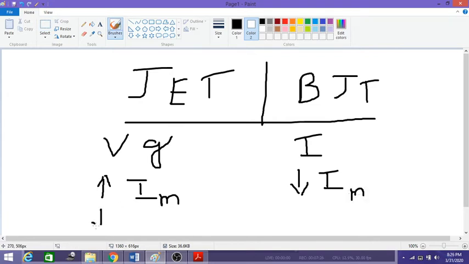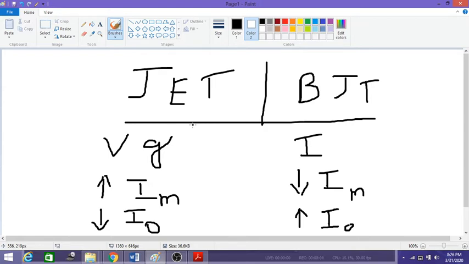And the JFET has low output impedance, that is, I'll write it as O0, and BJT has high input impedance, that is nothing but, I'll write this as I0. So these are the basic differences between the JFET and BJT. So BJT is mainly used for amplification, whereas JFET is mostly used for switching operations, because its performance is very good in terms of fast switching, because its switching between on and off state is very high when